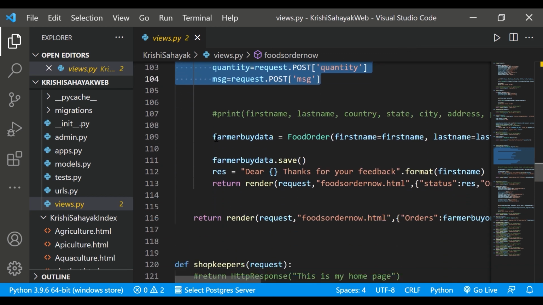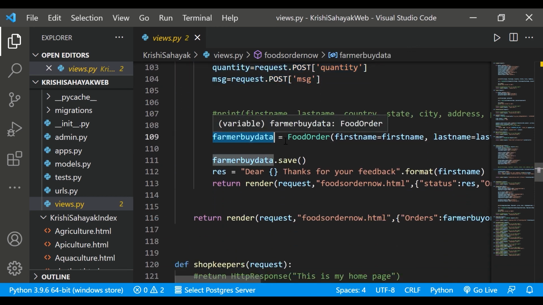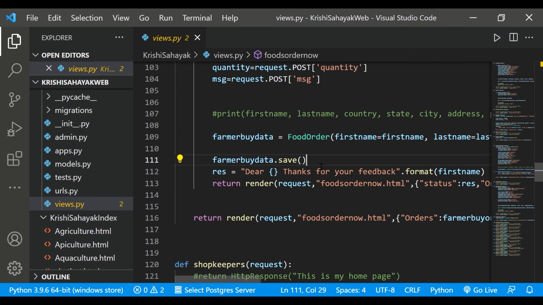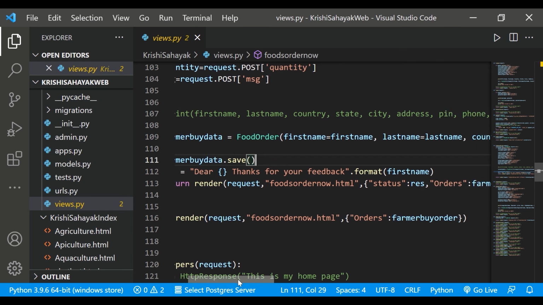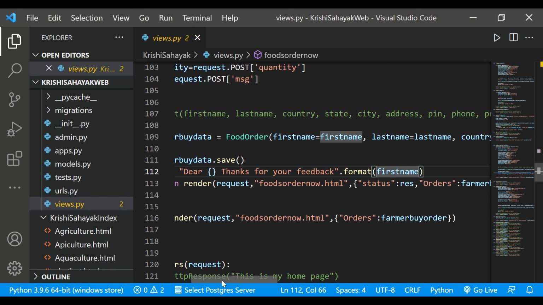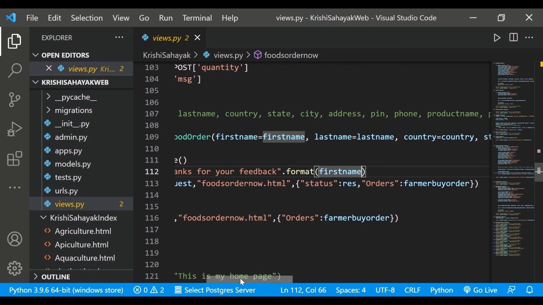And then I've created a variable farmer by data. I have registered the model already, so that model I'm using over here. After that, I'm saving the data. Then I'm giving a response that after the person has filled the data and submitted, the response will be shown: return render request, status response and orders farmer by order.